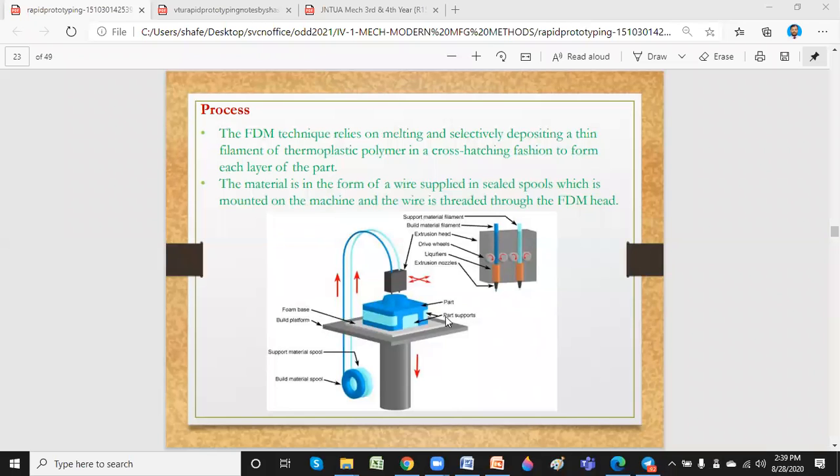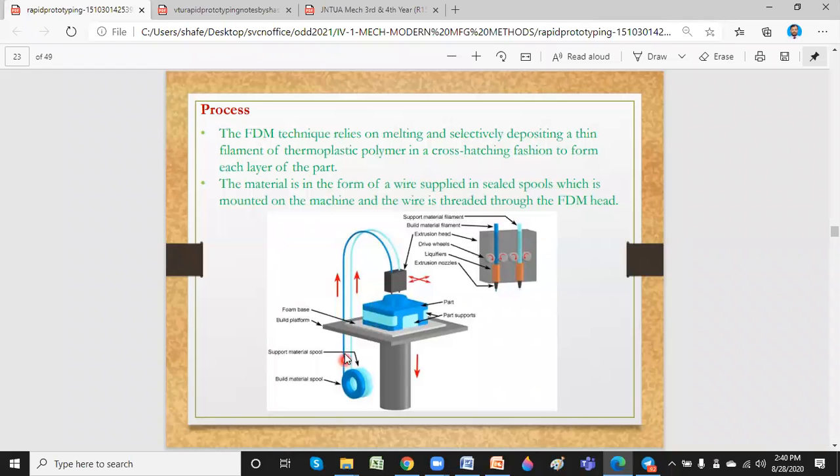Now you can see in this diagram, let me take one highlighter. You are seeing this machine here. This is the FDM machine, or fused deposition machine. Most of the 3D printers you see in institutes, organizations, colleges or industries use this method of producing a model. The blue one I'm showing with the highlighter is the model.